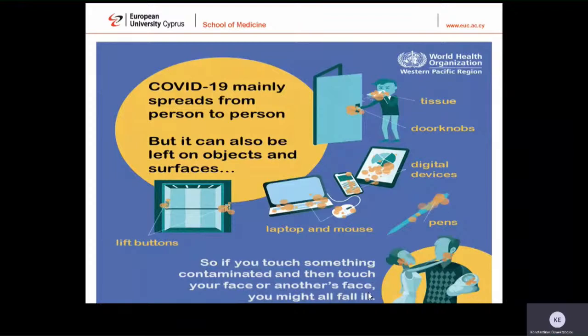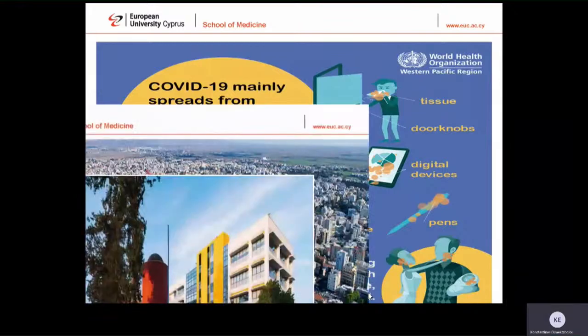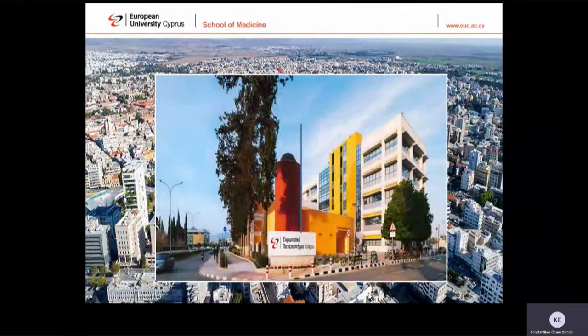So first of all, you have to know your facts. We know by now two facts regarding how COVID-19 is spreading. First of all, COVID-19 is spreading primarily from person to person via droplets. When someone sneezes or coughs, droplets can land on the mouth or nose of people nearby. This is why we are very strict on close contact.